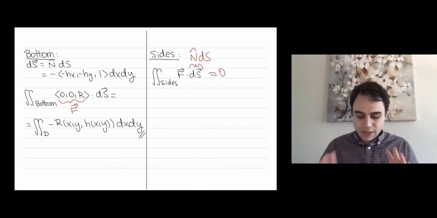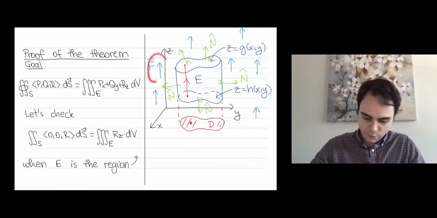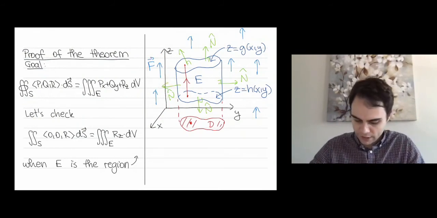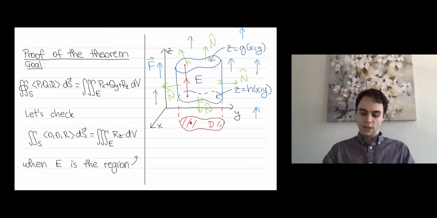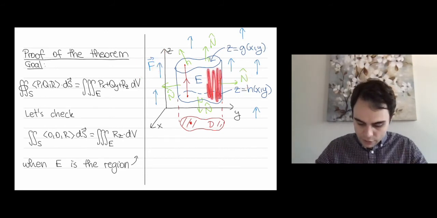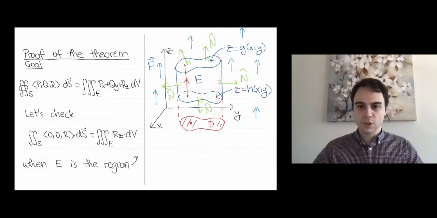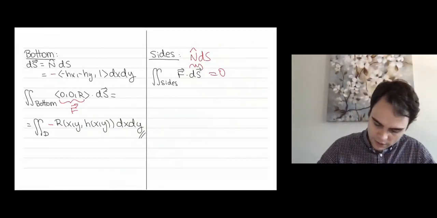Now, on the side, let's look at the picture. So on the side, F points up. F is vertical everywhere, in fact. But on the sides of this region between two graphs, the normal is horizontal. So when I do the dot product F times n, I get 0 at every single point on the side of this shape. So the result is 0 because